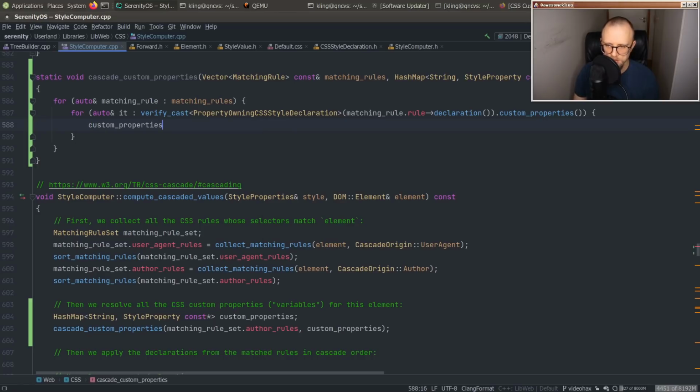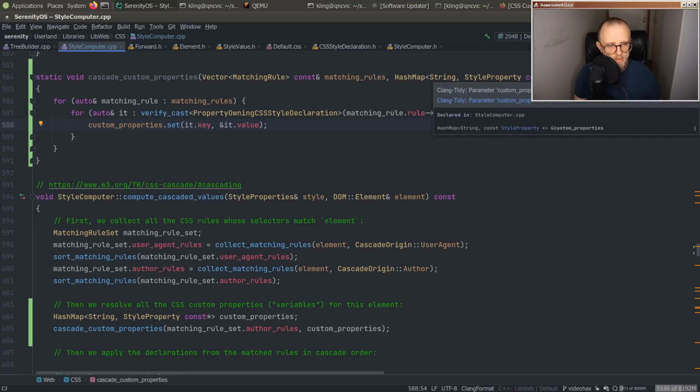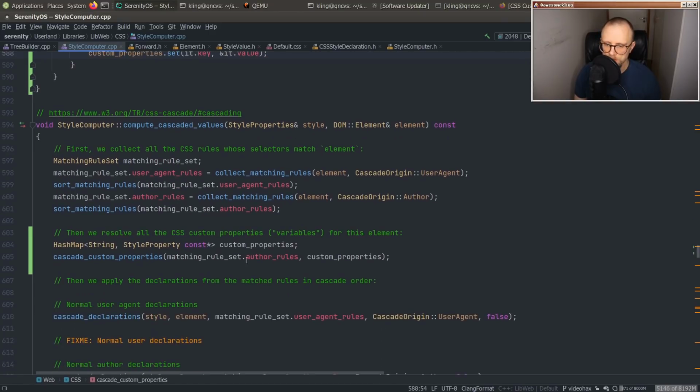Okay, and then custom properties set it key and it value. Does that work? I'm pointing right into it. That's really cool if this works. Okay. And then